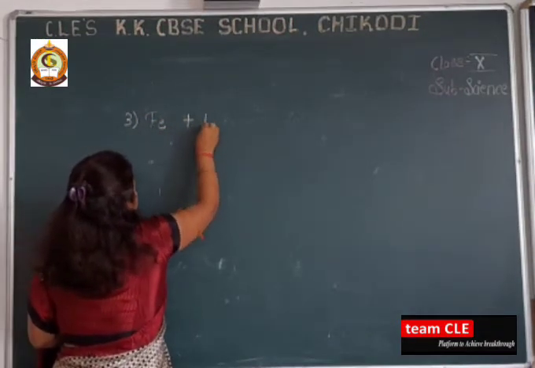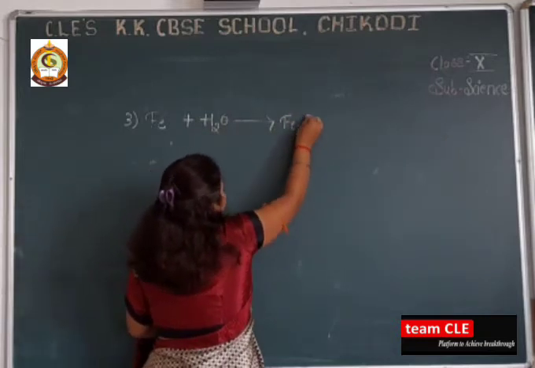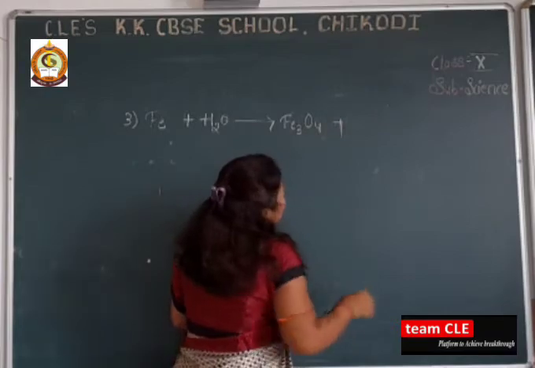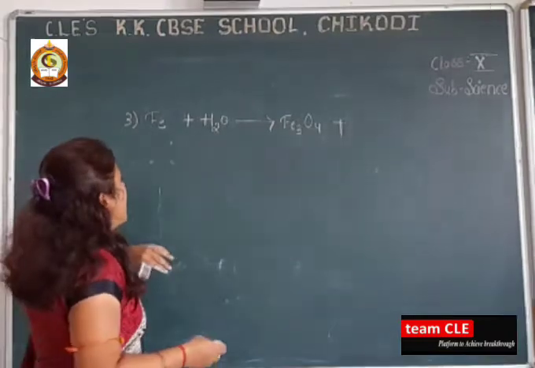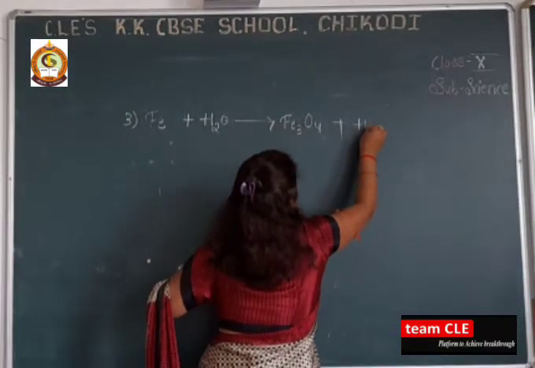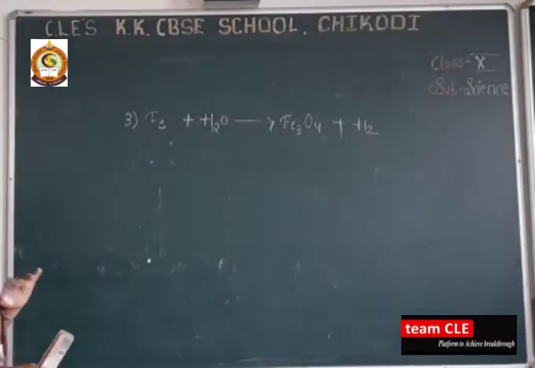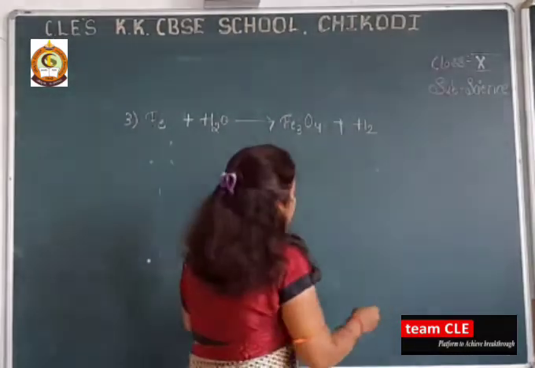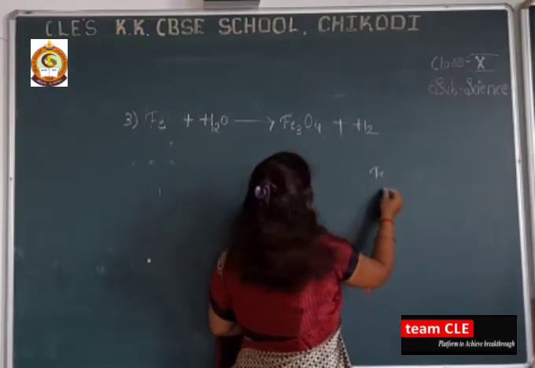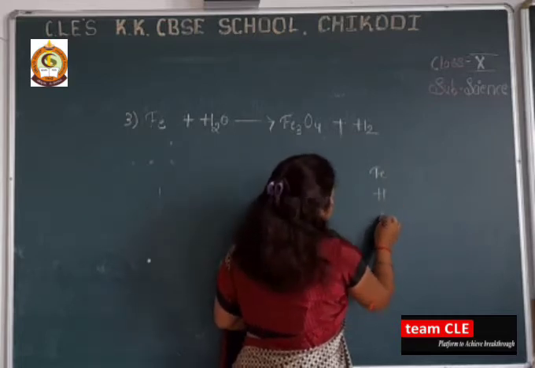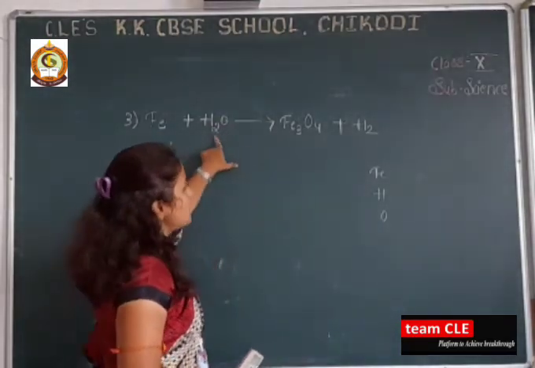Fe plus H2O gives Fe3O4 plus the formation of what we have left here, that is hydrogen. Okay. So with the evolution of hydrogen. So dear students, how are we going to balance this chemical equation? Let's discuss. First I will collect the element names, that is iron, hydrogen, oxygen. Okay, what are the 3 things? Iron, hydrogen and oxygen.